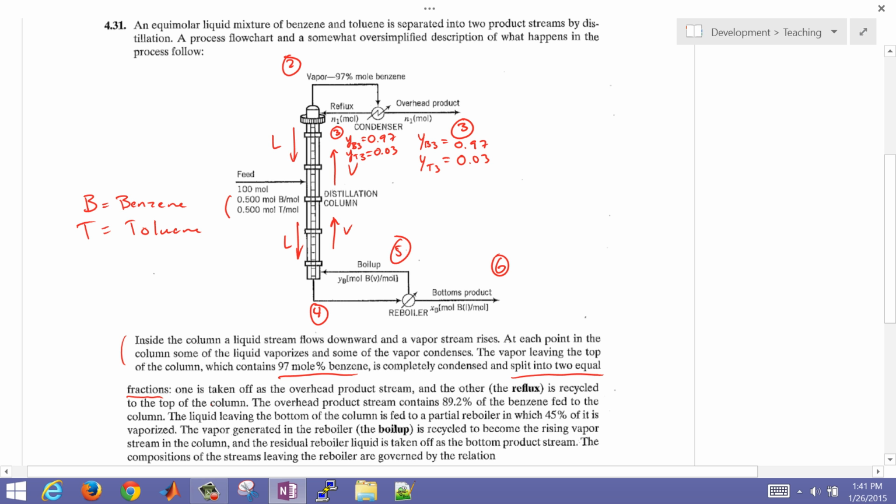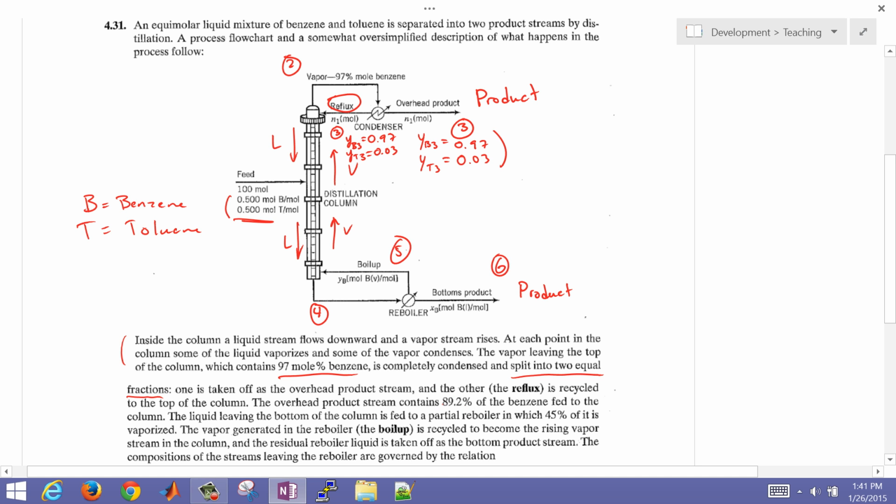One is taken off as product. This is going to be the purified product. It came in as equal molar and is coming out much more pure in benzene. And then this one is going to be another product, but this is going to be rich in toluene. And we're actually going to do that calculation there. And the reflux, this is called reflux, going back to the column is recycled to the top of the column. The overhead product stream contains